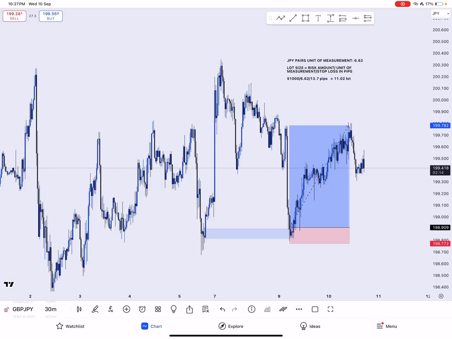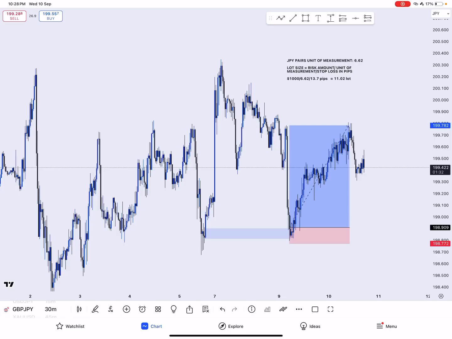Now, there are different categories of pairs that we trade. We trade Forex, commodities, crypto, the normal JPY pairs, then we have the USD pairs. With the commodities, I'm talking about gold, silver, the US oil. For the JPY pairs, I'm talking about GBP JPY, USD JPY, Euro JPY, AUD JPY. They're all under JPY pairs. Then for the USD pairs, I'm talking about GBP USD, Euro USD, AUD USD. Then for the crypto pairs, I'm talking about BTC USD, Ethereum, and the rest that you trade on MT5